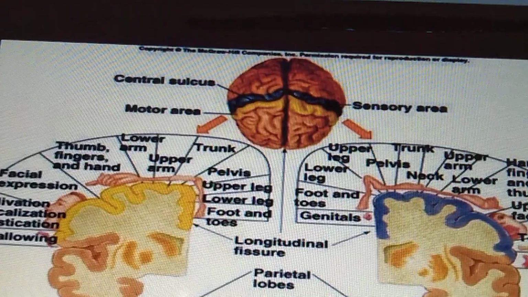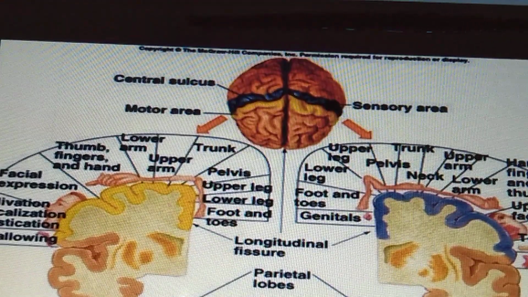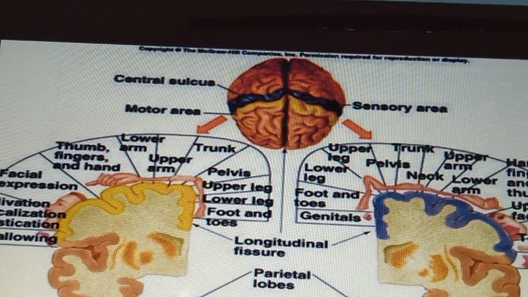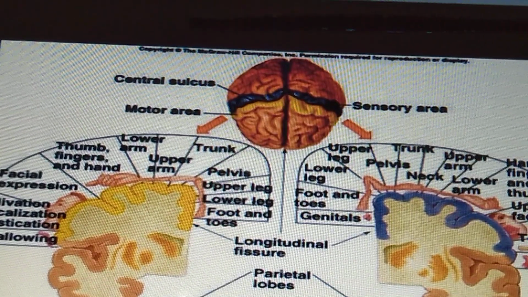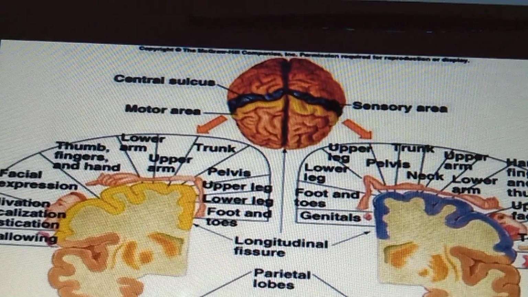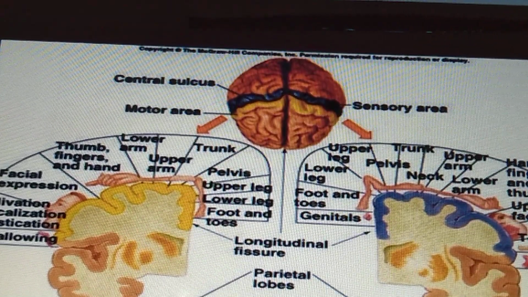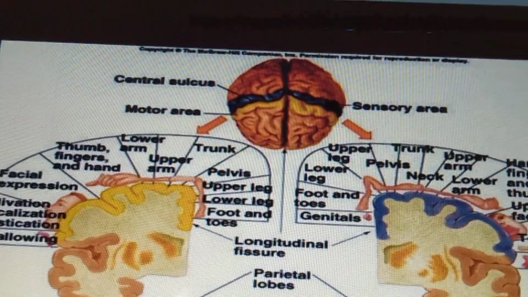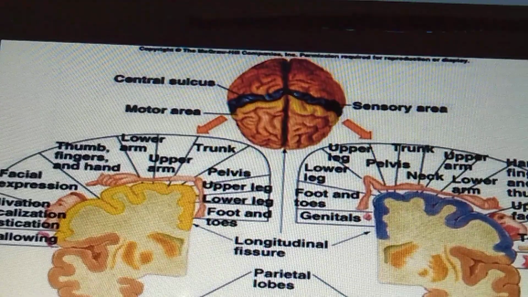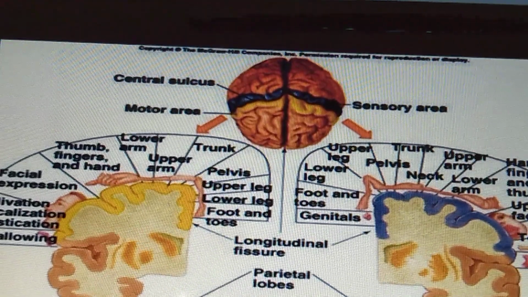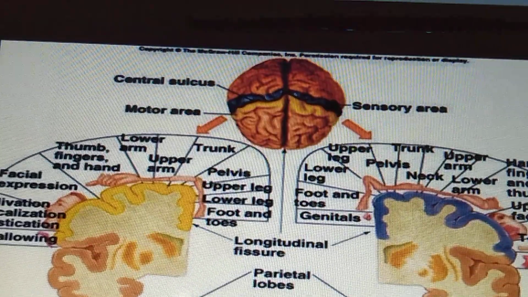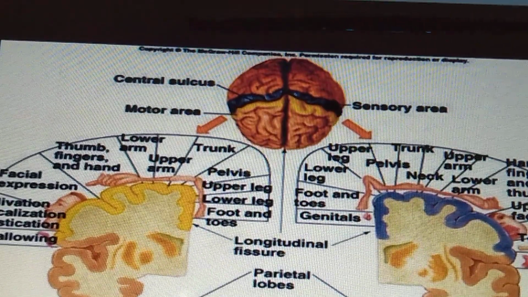And second is that we have just talked about the cutaneous sensations and the deep sensations. So all the fibers of the spinothalamic and the trigeminothalamic tracts carrying the fibers for cutaneous sensibility will end in the anterior part of the area, and for the deep sensations, they will end in the posterior part. Okay, so this again has to be remembered. That is all about the general sensory area, or you can say the first somesthetic area.